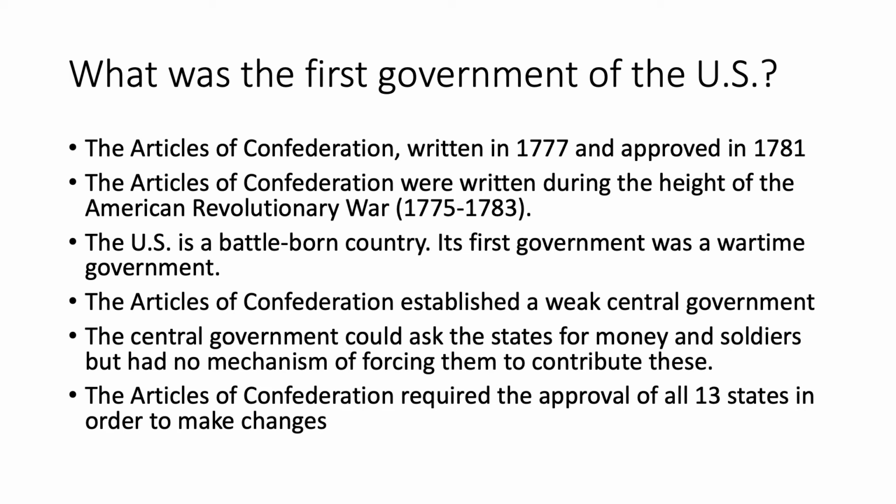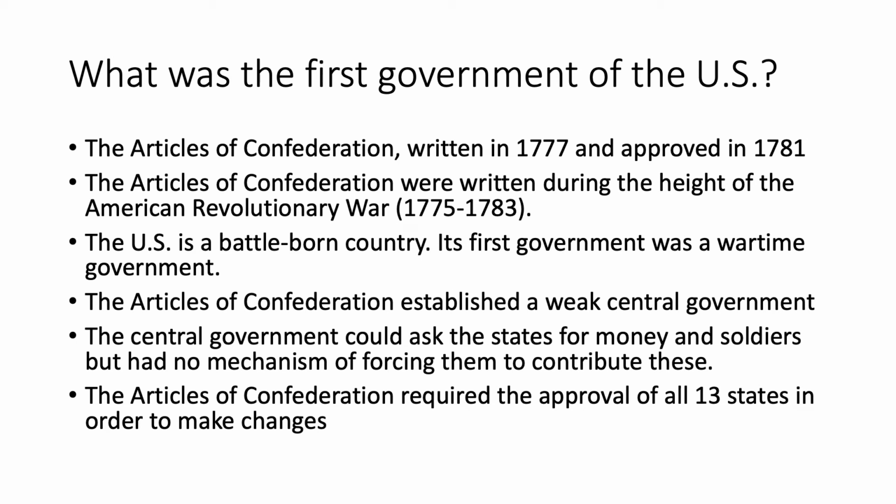However, already 2 years earlier, in 1781, the British had stopped fighting after General Cornwallis surrendered at Yorktown to General Washington. The shooting war was over, and it took 2 more years for the diplomacy to work itself out and for the British to recognize the United States as its own country. So the Articles of Confederation was a government of a battle-born country. It was a wartime government.